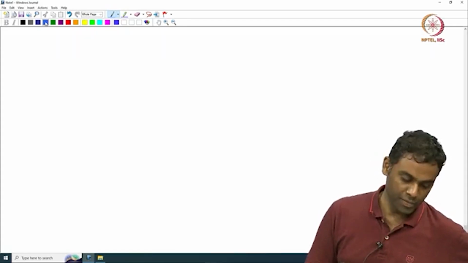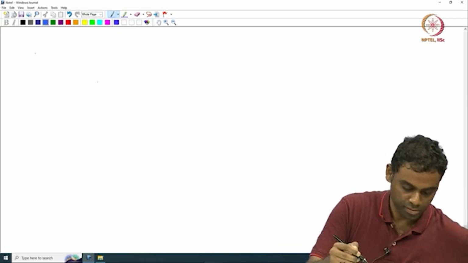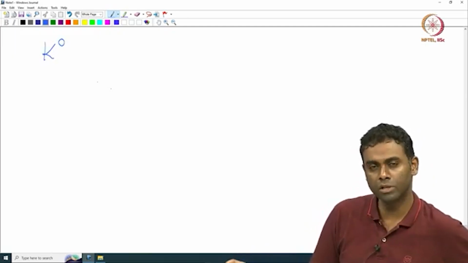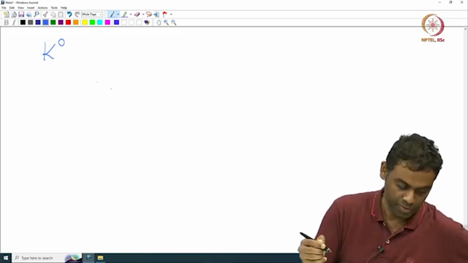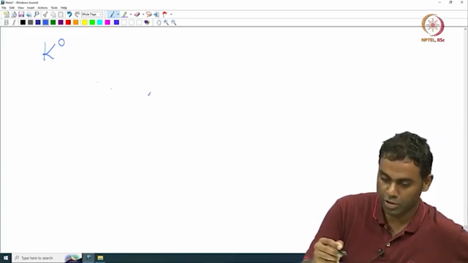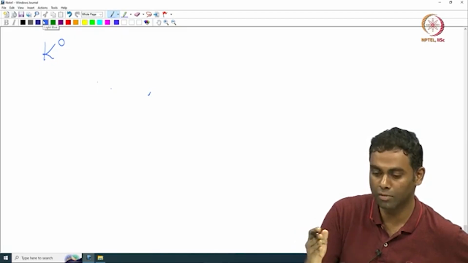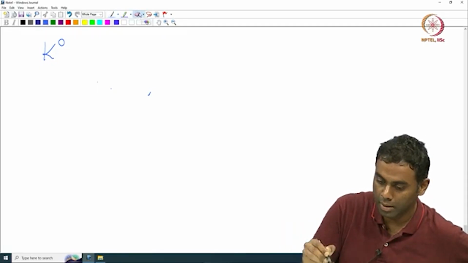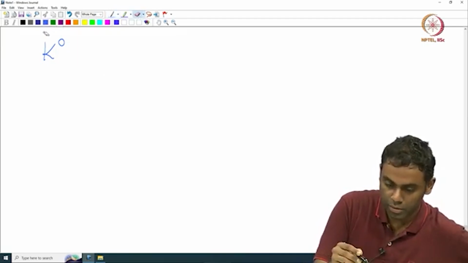So, let us begin by considering the K0 meson. Okay. What is the K0 meson? We saw the pi meson, rho meson. What is the K0 meson? It is electrically neutral, right. So it is obvious that it is made up of a quark and anti-quark having the same magnitude of the electric charge at least, right. Okay. So a K0 is